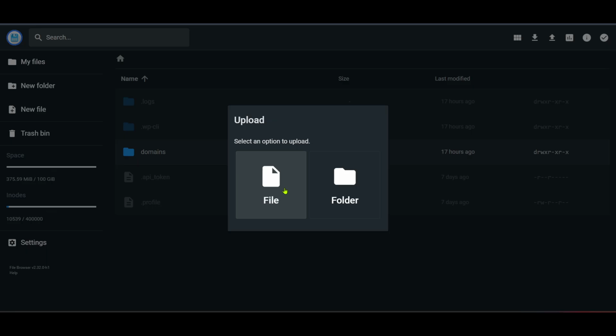Finally, after selecting the file, you'll see an Upload button. Click it to begin the upload process. Depending on the size of your backup file and your internet speed, this could take a little time, so be patient. Once completed, you should receive a confirmation that your files have been successfully uploaded, and there you have it,